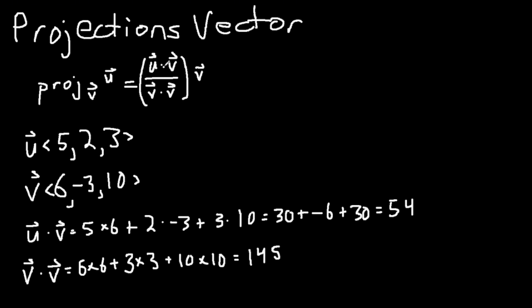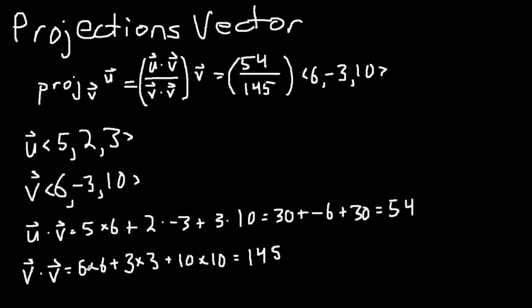So we're actually going to get a fraction here. So let's put an equal sign. So we'll have 54 at the top and 145 at the bottom for the dot products of this calculation. And then we're going to have times vector v. And vector v is 6, negative 3, 10. So once we have these values, let me double check this actually. I'm going to put this in my calc. 36 plus 9 plus 100 equals 145. Yep, that's right. So if we just distribute this scalar along every single number inside of this vector,